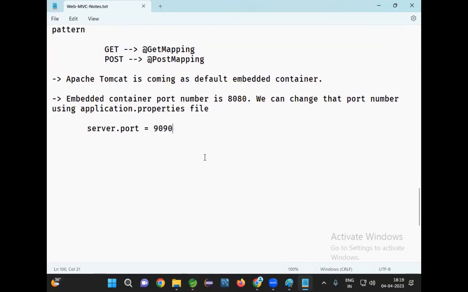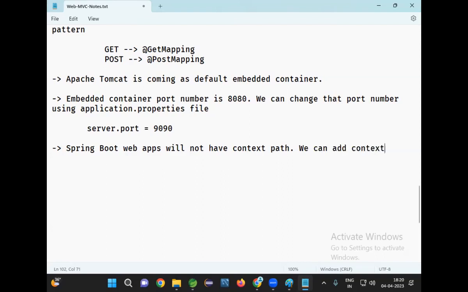So by default, context path will be available in Spring Boot? No, by default Spring Boot web apps will not have a context path. What is the context path? Project name is called the context path. We can add a context path using